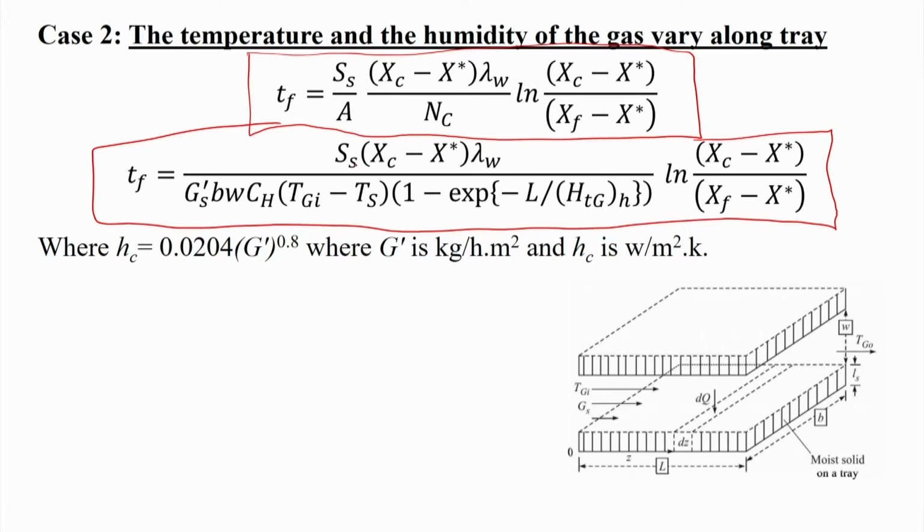Tf is equal to Ss into Xc minus X star into lambda W divided by Gs prime into B into W into Ch into Tgi minus Ts into 1 minus exponential of minus L by Htg, into ln of Xc minus X star by Xm minus X star, where this Hc value is one frequently used formula: 0.0204 into G prime to the power 0.8, where G prime is in kg moisture per hour per meter square